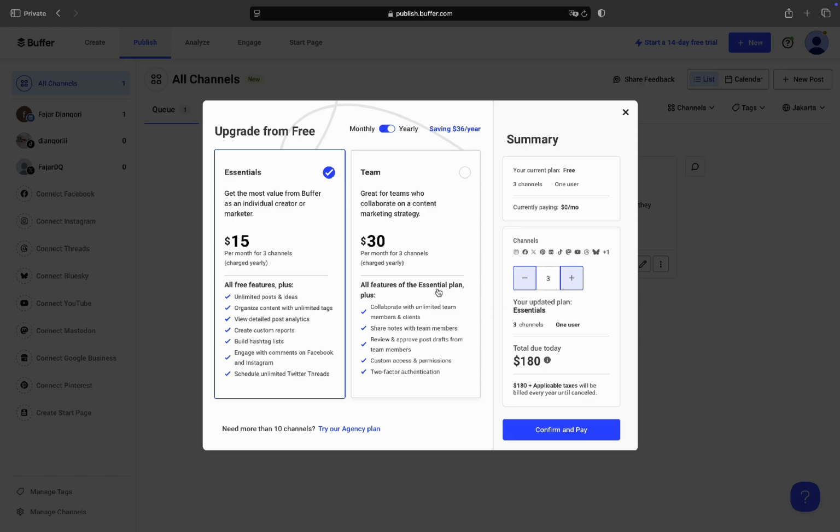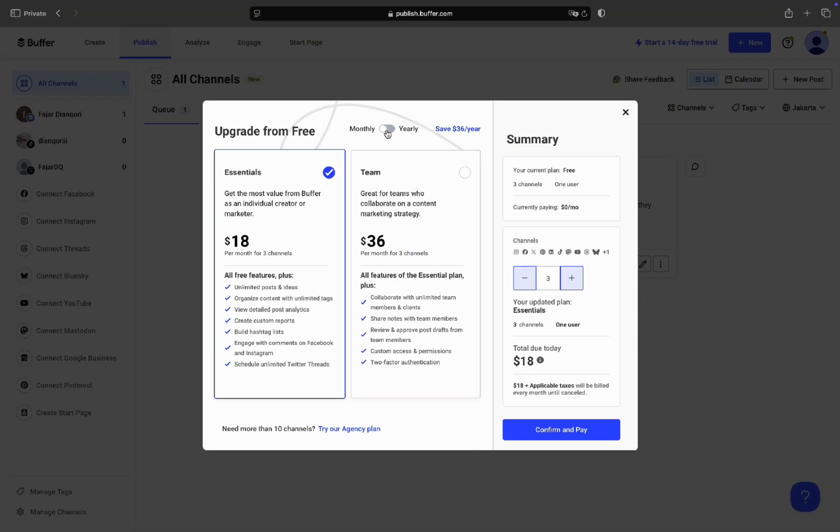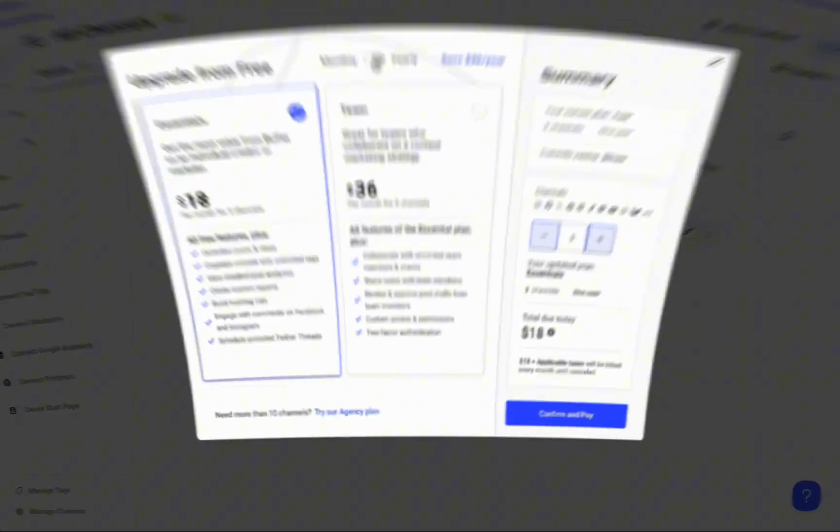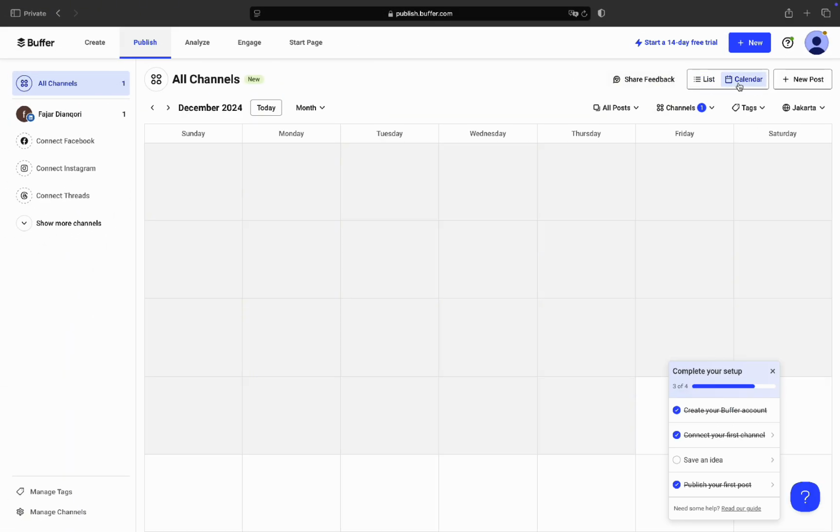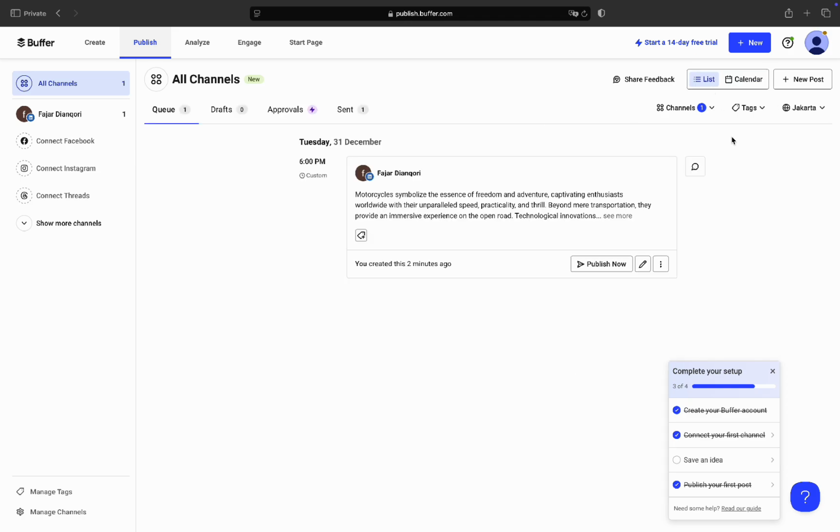Buffer's free plan is perfect for getting started, but paid plans start at $6 per month per channel, offering advanced features like unlimited scheduled posts and enhanced analytics. Buffer is an excellent choice if you're looking for a straightforward tool to manage social media. Whether you're a solopreneur or part of a small team, Buffer makes it easy to stay consistent and effective in